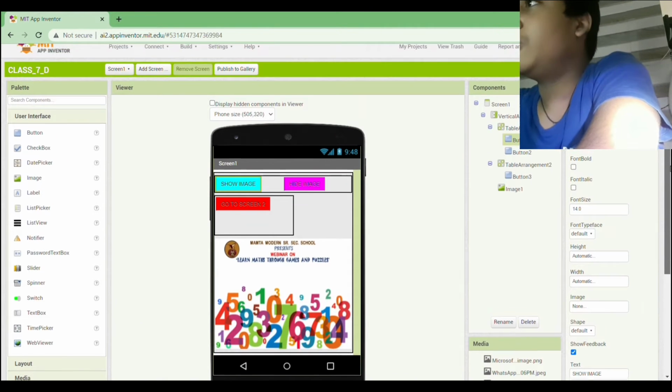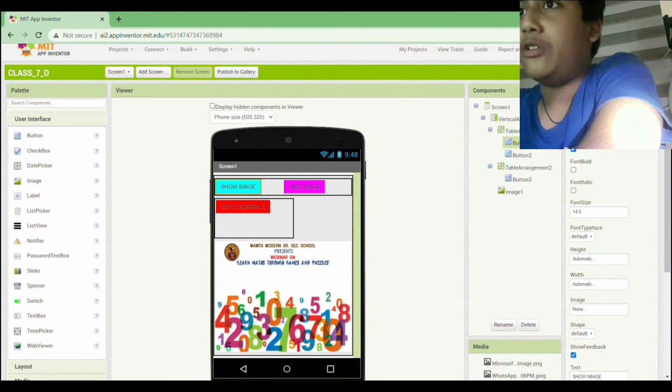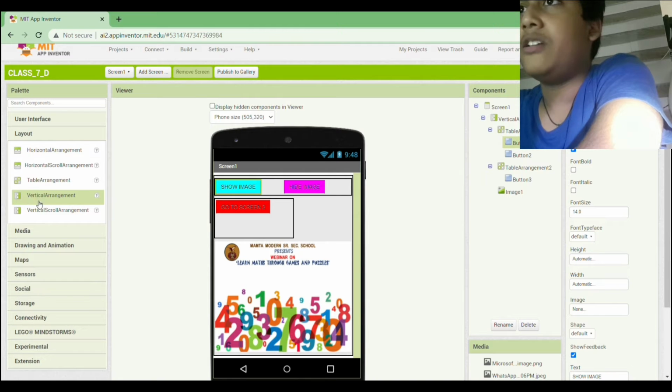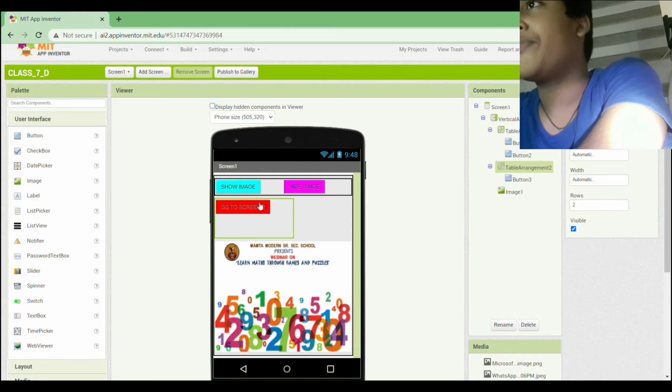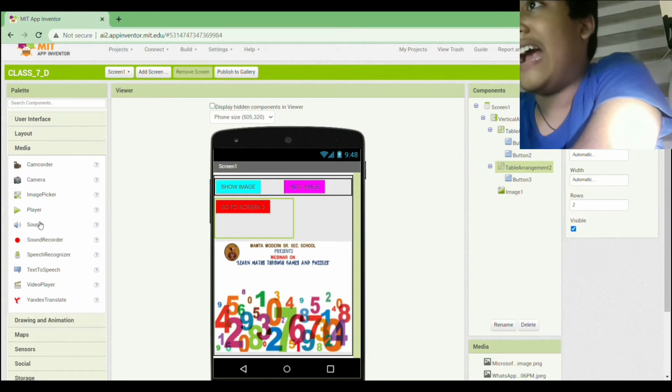Next we have to go to layout and then click on the table arrangement and then drag it and drop it to here. Now we have to again put a button in it and name it like go to screen 2, and after that you have to go to media. Now as you know that we have added vertical arrangement, so we have to add just below a table arrangement